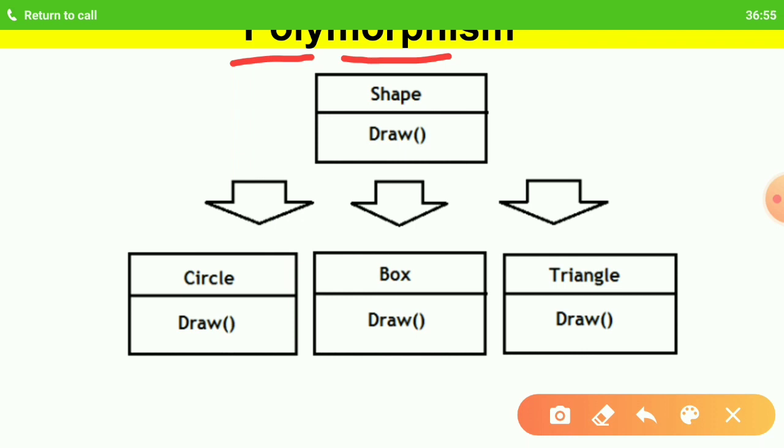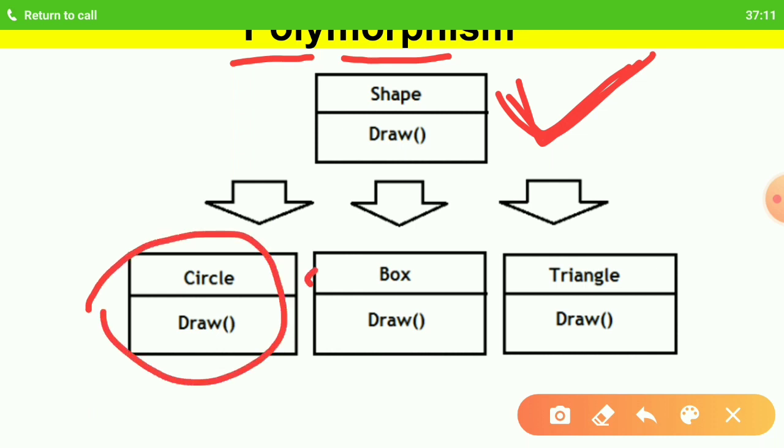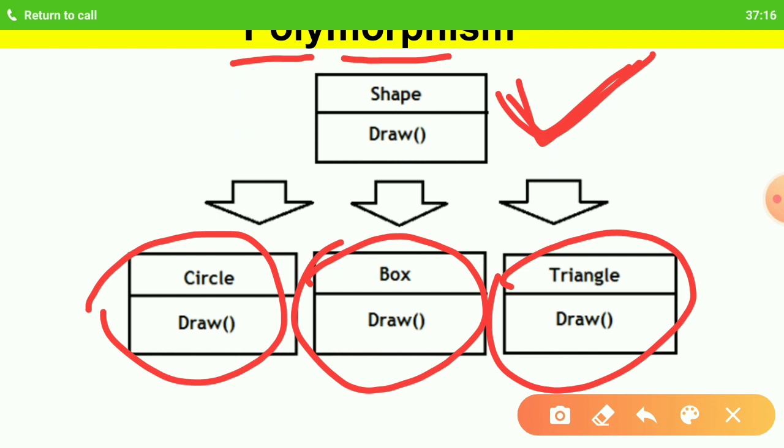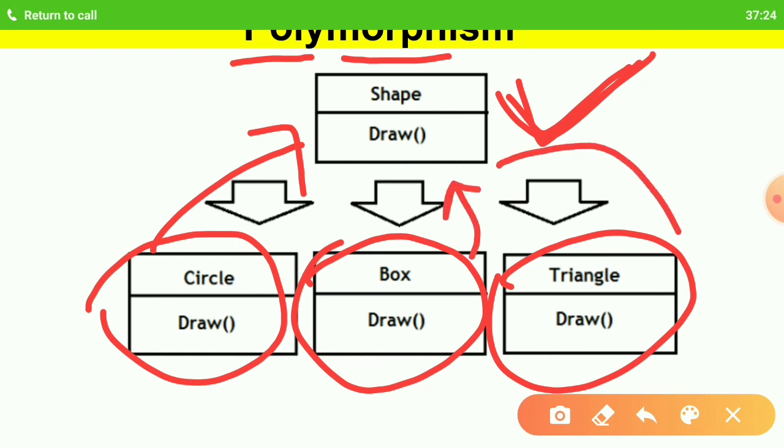So let's see the example here. I've got this base class. Shape is the base class. Remember base class and derived class. These are the derived classes. That means color is inheriting from shape, box is also inheriting from shape, and triangle is also inheriting from shape.